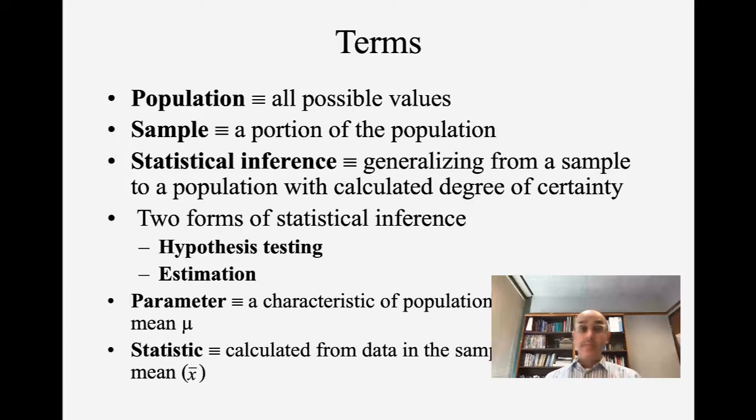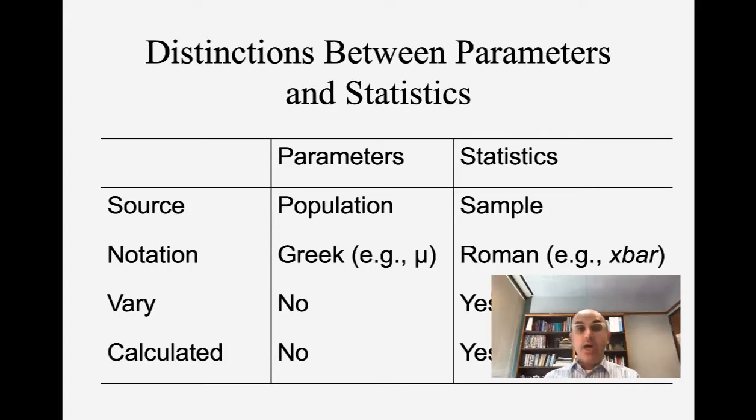So I want to cover that module. So what do we have here? We have population, we have a sample, we have statistical inference, we have two forms of statistical inference with regard to hypothesis testing and estimation, as we talked about in the last module. And we have the statistics and the population, and what does it mean with regard to the mean and the X hat. So I try to summarize everything into one table to make sure that you understand that, and